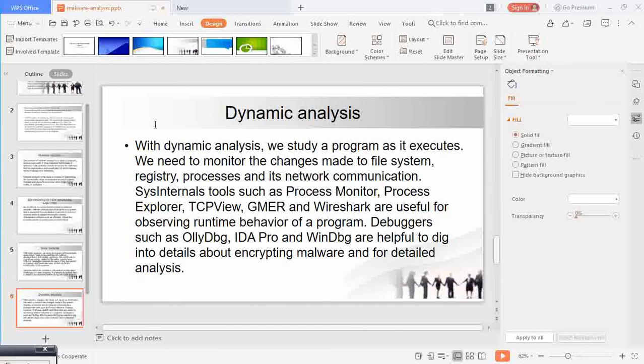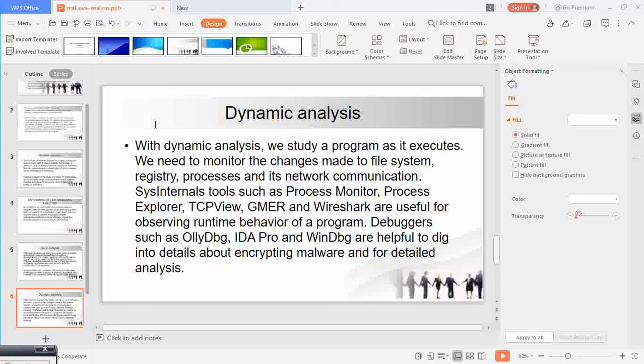The second type is dynamic analysis. With dynamic analysis, we study a program as it executes. We need to monitor the changes made to the file system, registry, processes, and its network communication.